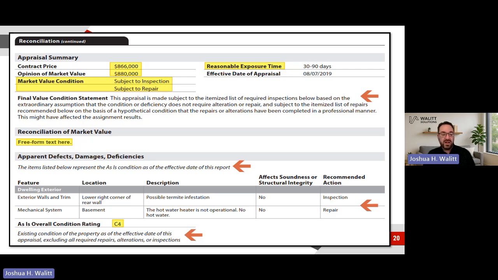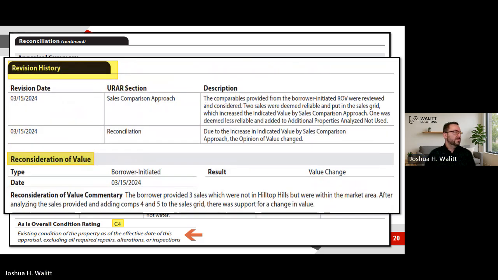All right. We also have a revision history and a reconsideration of value section that can be implemented in that revision history. So again, I might explain at the end of my text addenda what changes I made for a revision. You might put it at the top of your text addenda. Others might add an extra page to the end of the report and explain it. This is the same place for everybody, so it's a little bit easier for folks to really understand what was done, where should I be looking throughout the report for these changes that were made.